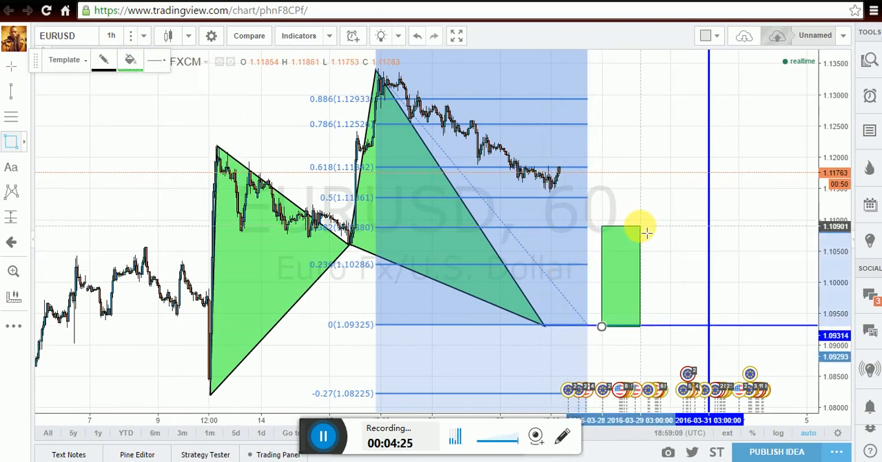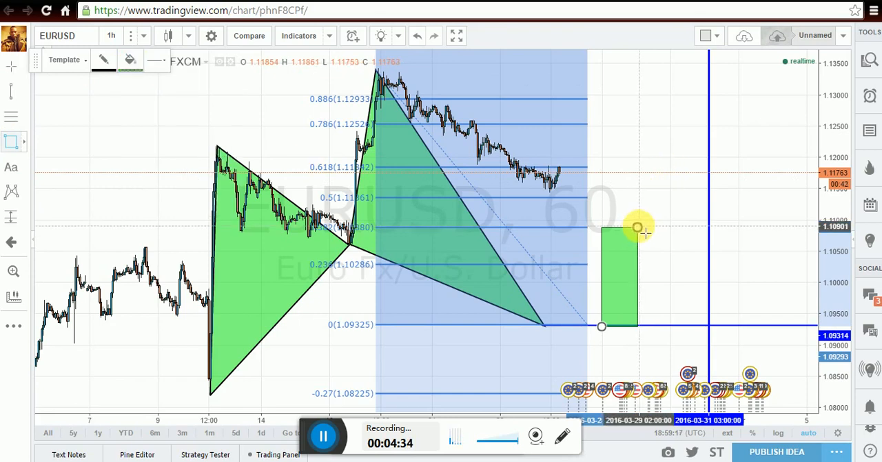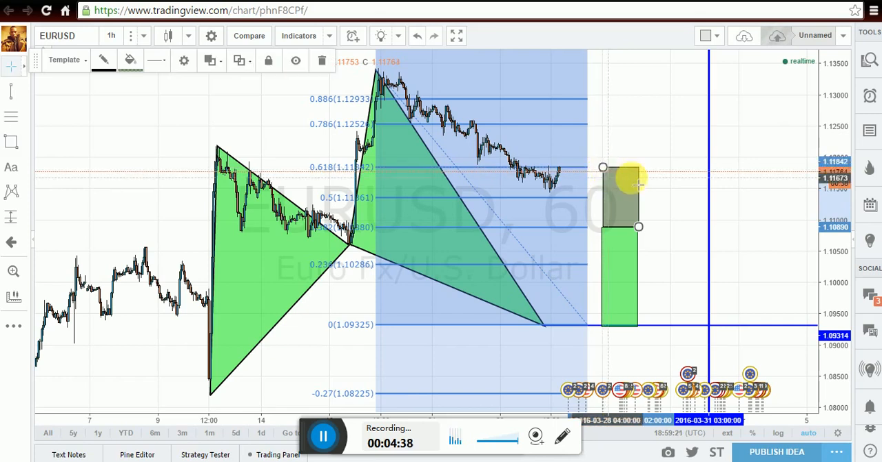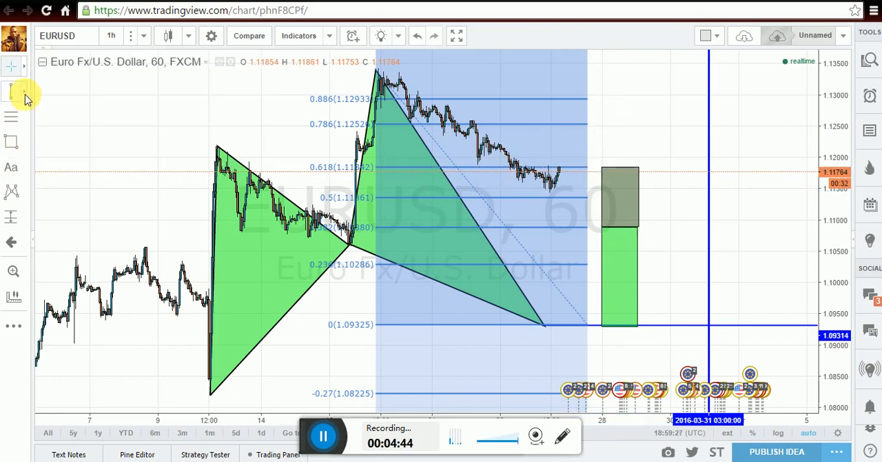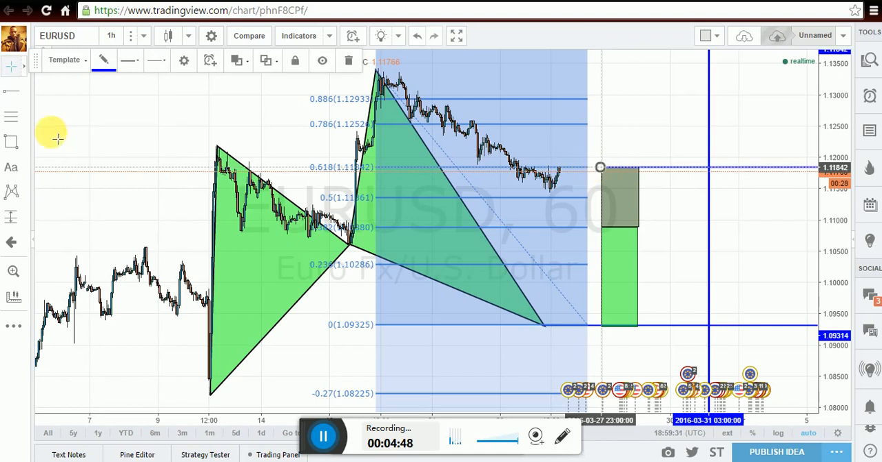So with the cipher pattern, we'll be looking to take our first target here, and the second target, which is going to be an extending target, all the way at the 618 retracement. So let me just put a price label there. So now